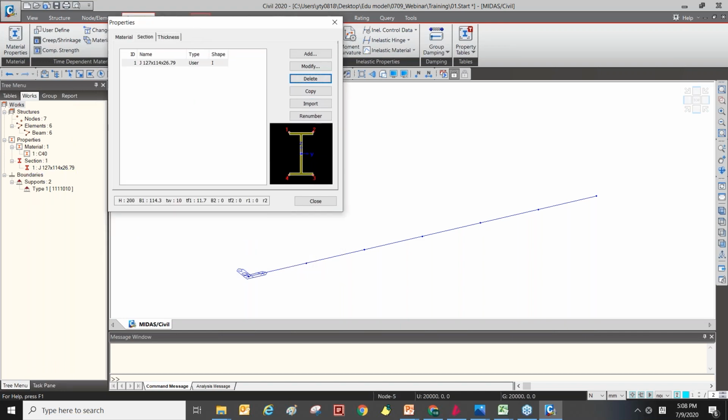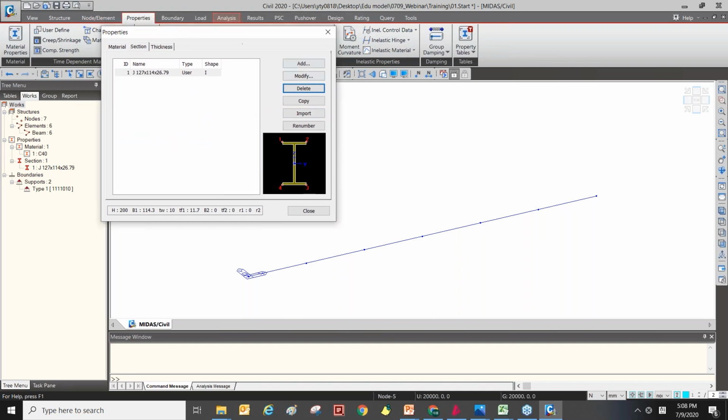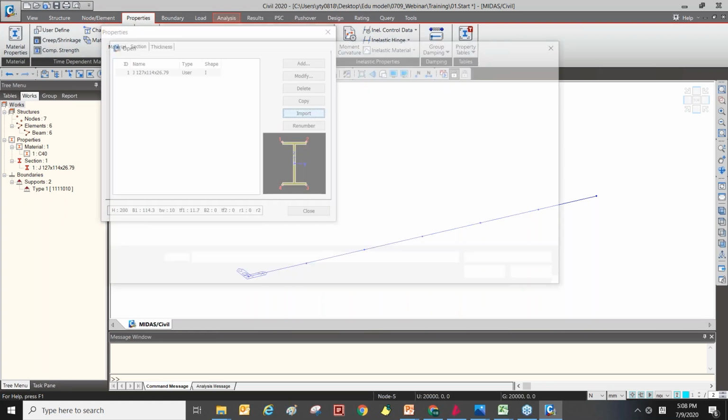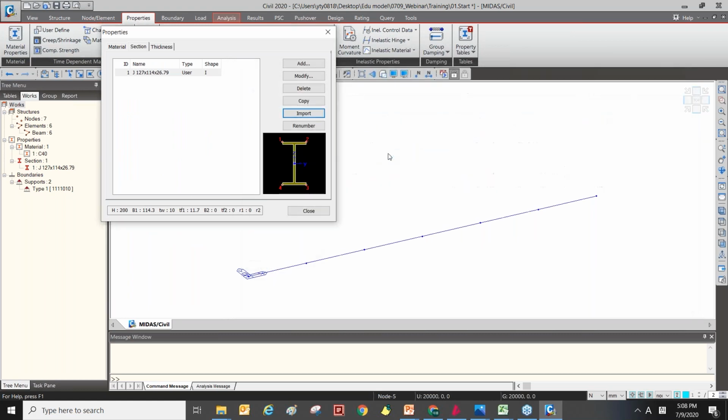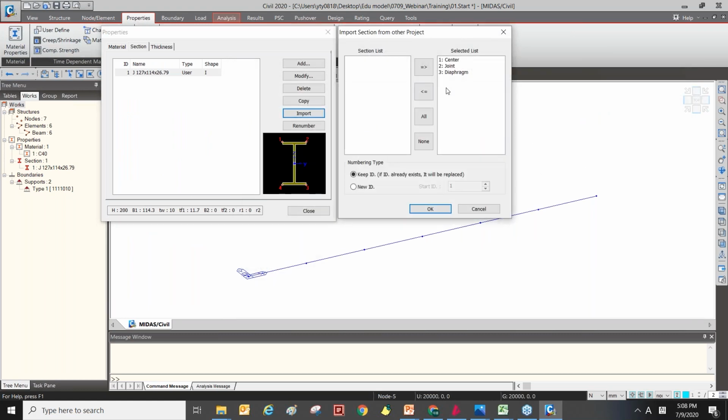You can also import section properties from an existing model file. For that, click the Import button, find the existing model and bring in this model. If some ID number is duplicated, you can assign a new ID number here.